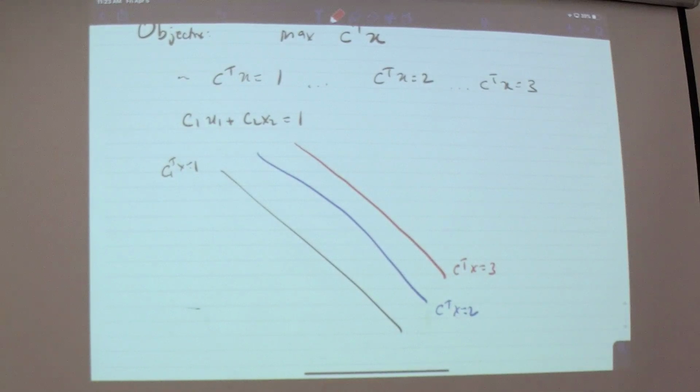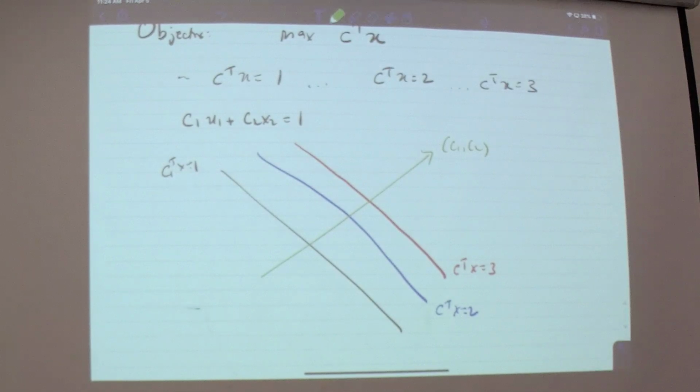And the direction you're going to slide it in is a direction that's perpendicular to the lines. And what do we know about that? That's the vector C1, C2, the vector C. So you can think of the vector C as telling you which way you want to optimize, which now gives us the proof that max and min are the same. Why? Because maximizing is just going this way, minimizing is just going the other way. Geometrically, they're the same thing. Just in algebra, they look different.